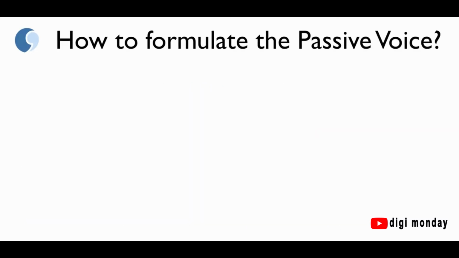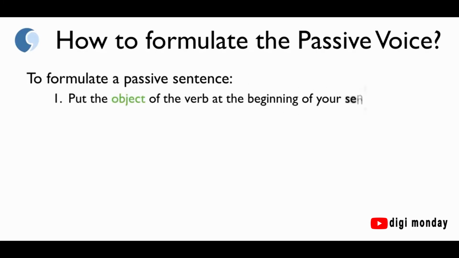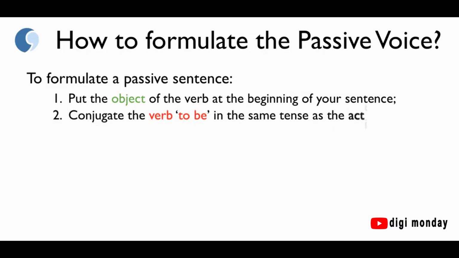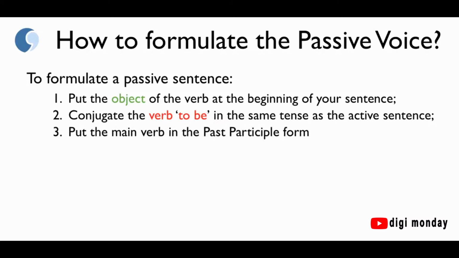Let's have a look at how we formulate the passive voice. There are 3 steps to formulate a passive sentence. First, put the object of the verb at the beginning of your sentence. Then, conjugate the verb to be in the same tense as the active sentence. And finally, put the main verb in the past participle. For example,